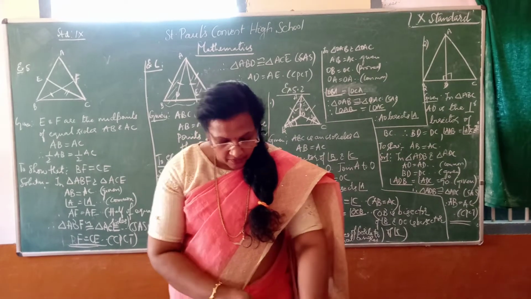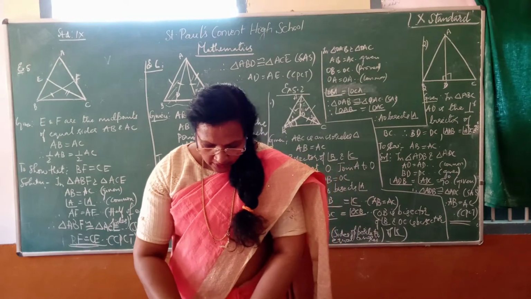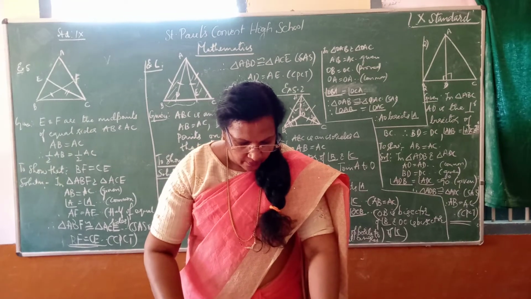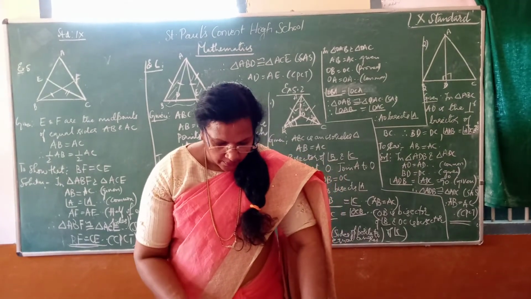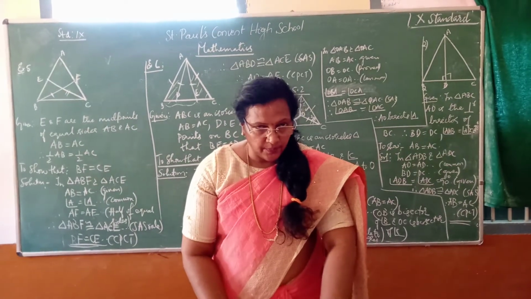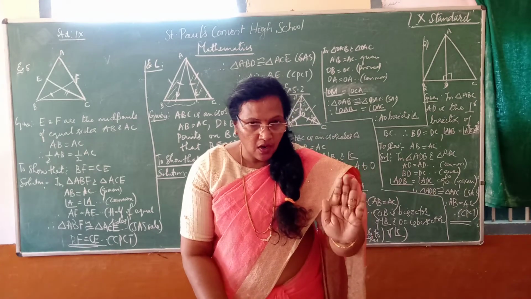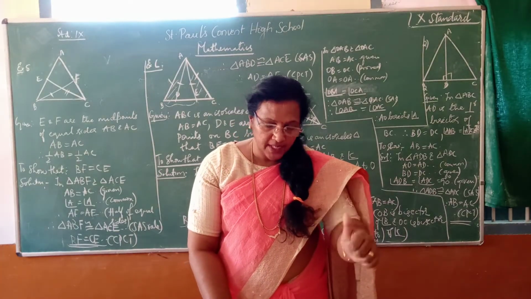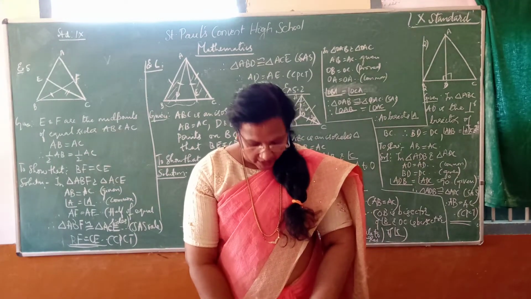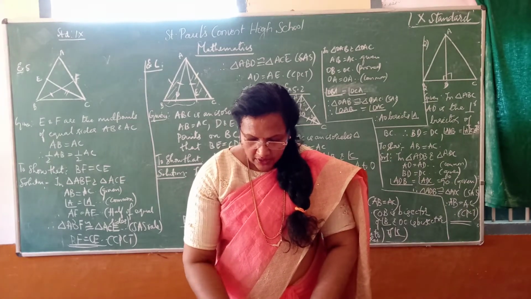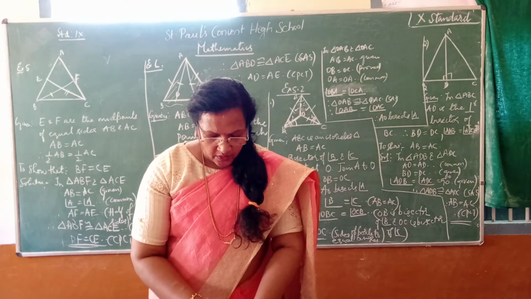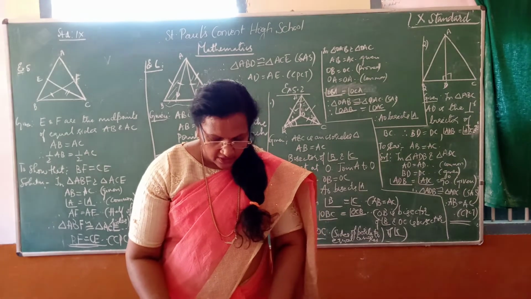You have to solve example 1, example 2, and in page number 91, example 3. After stating all the congruence rules, you have to do the example problems, example 1, 2 and 3 till page number 91. There exercise 5.1 is there. First, second, third. All these 3 problems are solved. So totally how many problems is it? 6.